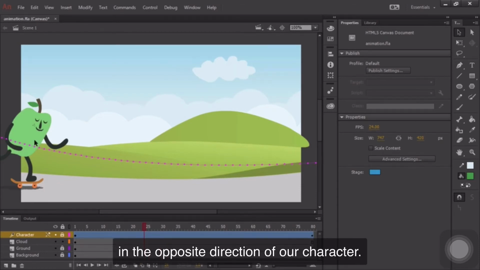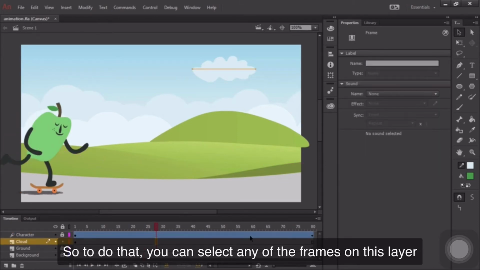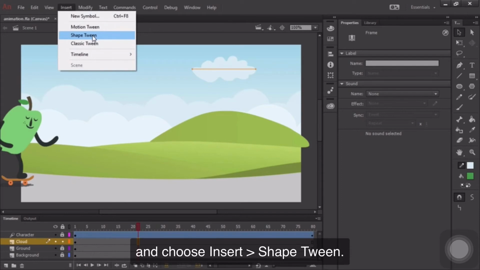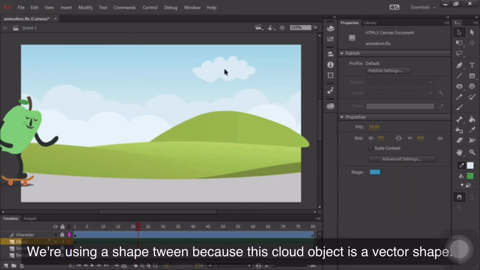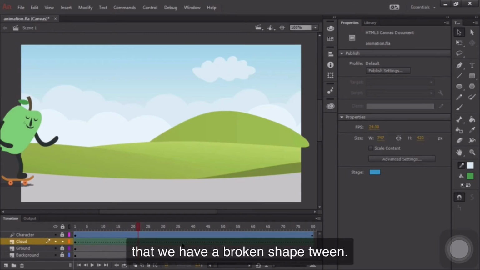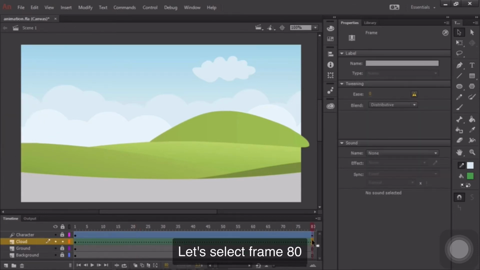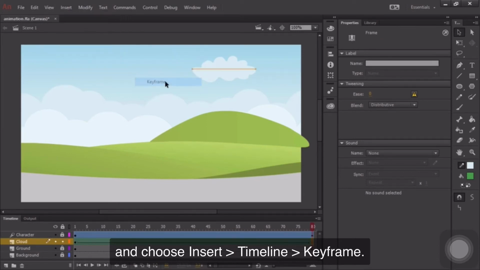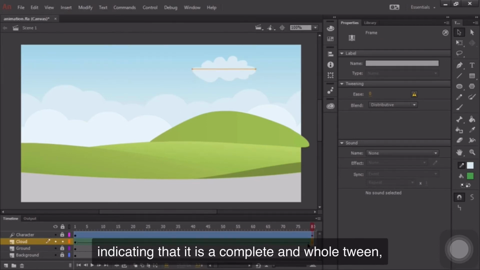direction of our character. So to do that, you can select any of the frames on this layer and choose Insert, Shape Tween. We're using a shape tween because this cloud object is a vector shape. You'll notice here that we have a broken shape tween. Let's select frame 80 and choose Insert, Timeline, Keyframe. The shape tween is now a solid arrow, indicating that it is a complete and whole tween, and all we